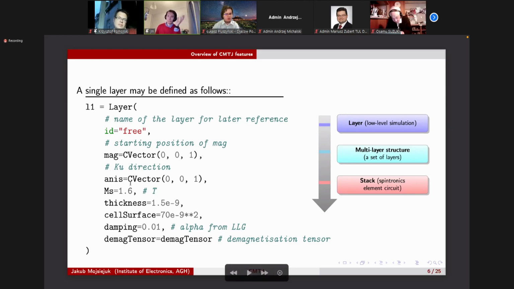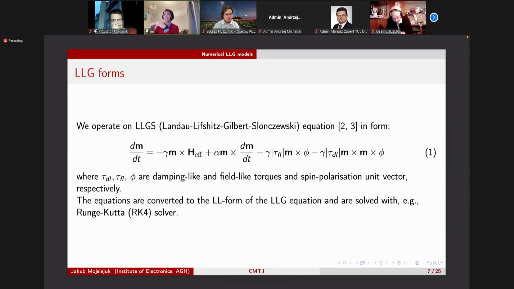We define its basic static parameters. And then during the simulation time, we can redefine dynamic contributions. And what are those contributions? These come from the original LLG model. There have been numerous talks during this conference about the LLG related stuff, so I'm not going to be dwelling too much on this, but basically we're using LLGS,